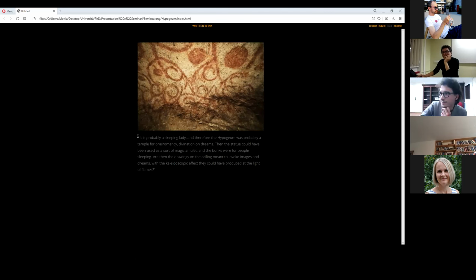Okay, so you say it's probably a sleeping lady, and therefore the Hypogeum was probably a temple for oniromancy, the divination of dreams. Then the statue could have been used as a sort of, I don't know, magic amulet, and the bunks on this side of the chambers were for people sleeping. So are then the drawings on the ceiling of the Hypogeum meant to invoke images and dreams, with the, I don't know, kaleidoscopic effect they could have produced in the light of flames? Well, this is, I think, one of the possible interpretations. But if we hit restart